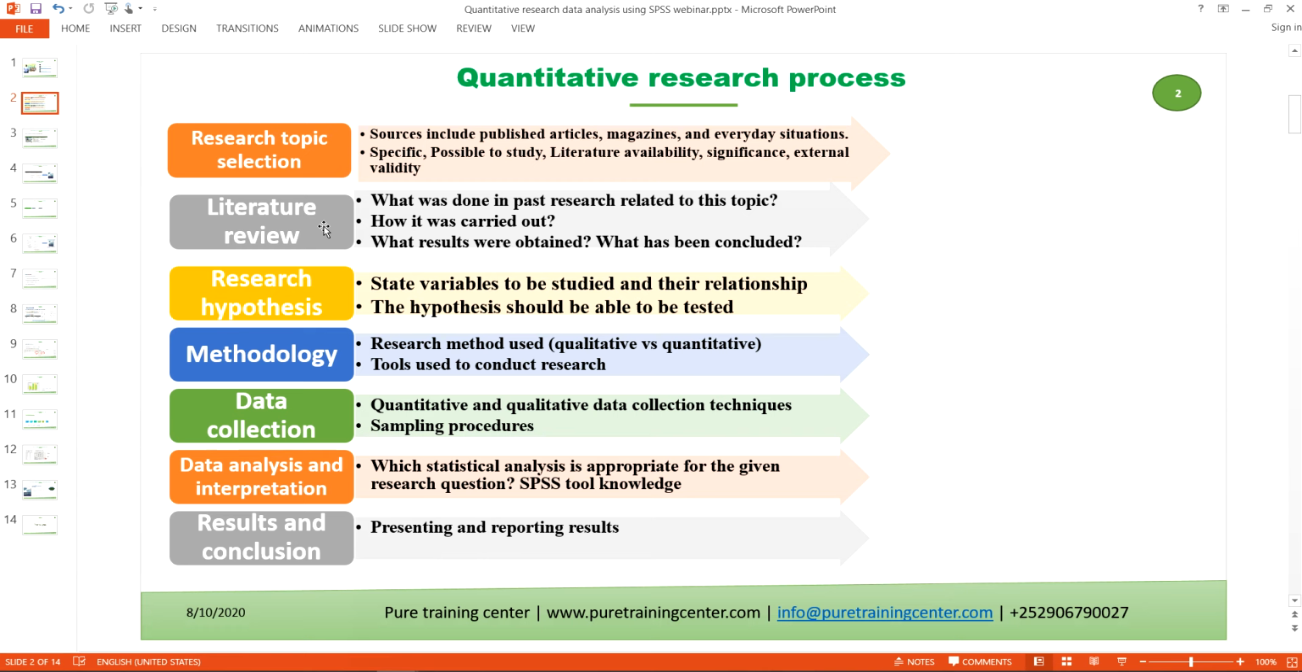And so in that past literature, you might find what they have done and how they did it, how it was carried out, and what results were generated. And also the most important thing, what was their conclusion? It is in this conclusion that you will be able to find a gap that may exist in that previous study. So you have to read the conclusion part,